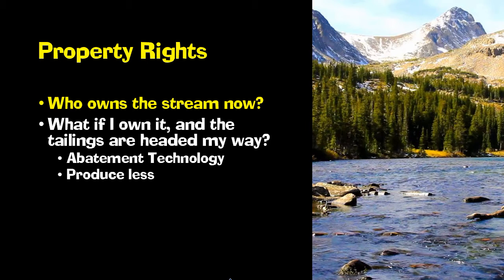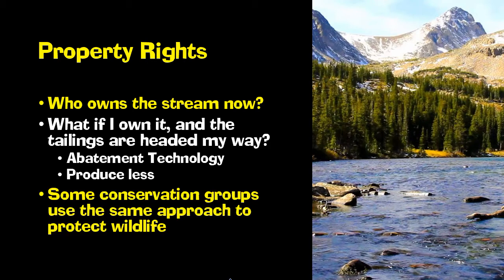If, again, there's a property right. If nobody owns that stream, we can't defend it. If I own that stream, they have to take care of me. I can sue them, and I can make them not throw stuff in my stream. Right? And so they may try to pay me off, and I don't want to get paid off, so they've either got to make stuff not go in or not produce the stuff in the first place.